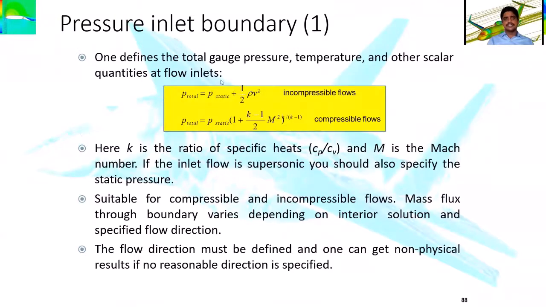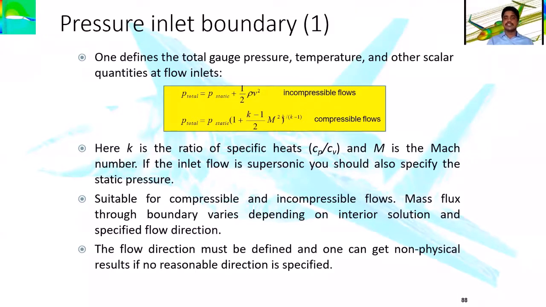Now, coming to the further discussion on the pressure inlet boundary conditions: as we mentioned earlier, pressure boundary conditions can be applied when the case is a simple fluid flow case, which we have called pressure inlet and pressure outlet. But we should be very careful about whether we are discussing compressible flows or incompressible flows. When it is an incompressible flow case, we simply use Euler's derived equation, the output of which is Bernoulli's equation.